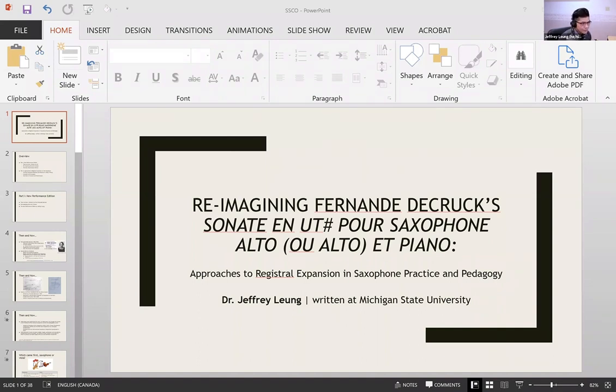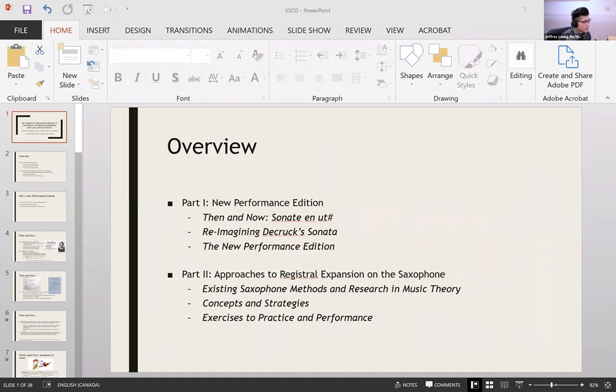So I've broken this presentation up into two parts. The first part, I'll be talking about a new performance edition of Decruck's Sonata, which in essence is a glorified transcription of the viola parts. So people that aren't as clever as me, I guess, can avoid reading alto clef and the transposition, but then making a case for it as a pedagogical piece to study or restudy when working on